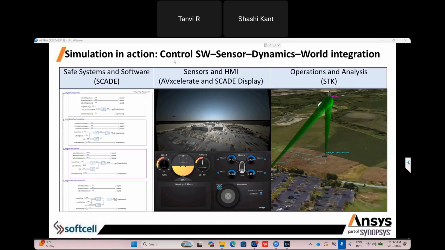Once you import it into the Ansys solution inside STK, you can run your eVTOL in a real world, like a real world. You can see multiple paths. Let's suppose I want to reach from location A to location B. We can go from A to B using multiple paths.